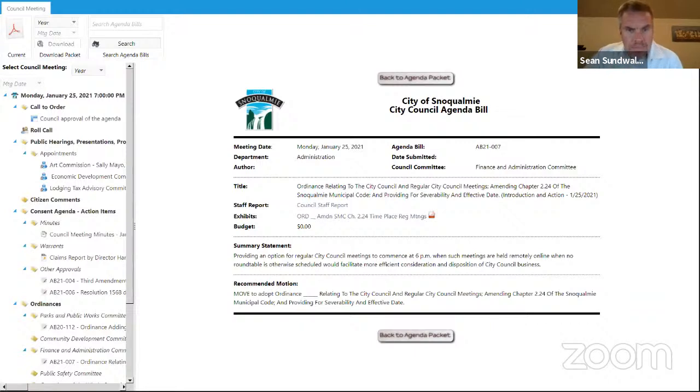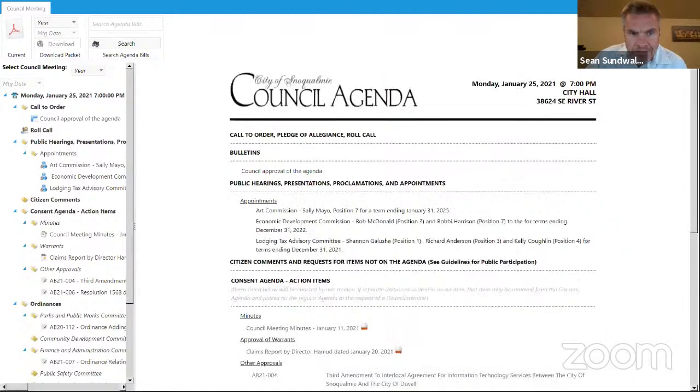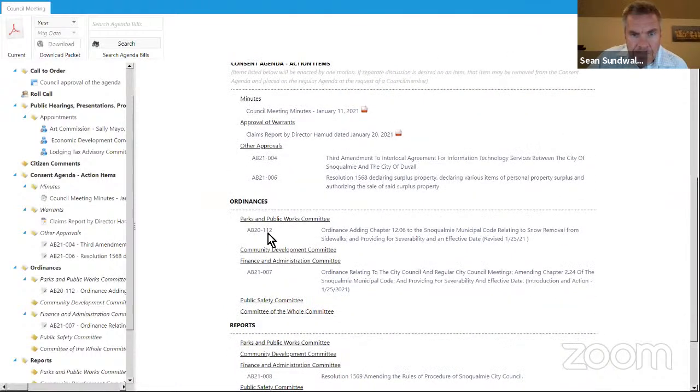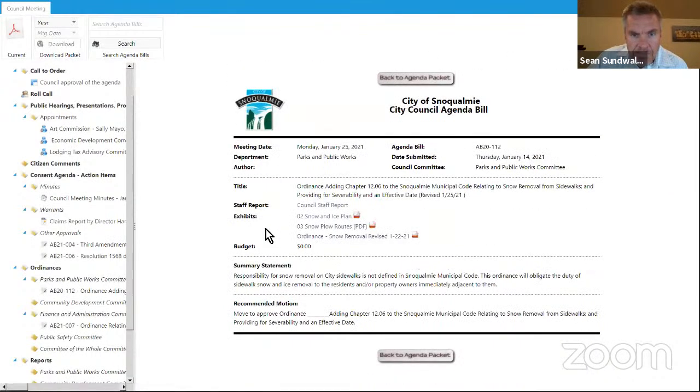Let's see. That's not the right one. The links are crossed. There we go. Responsibility for snow removal on city sidewalks is not defined in Snoqualmie's municipal code. This ordinance will obligate the duty of sidewalk, snow, and ice removal to the residents and/or property owners immediately adjacent to them. Move to approve ordinance